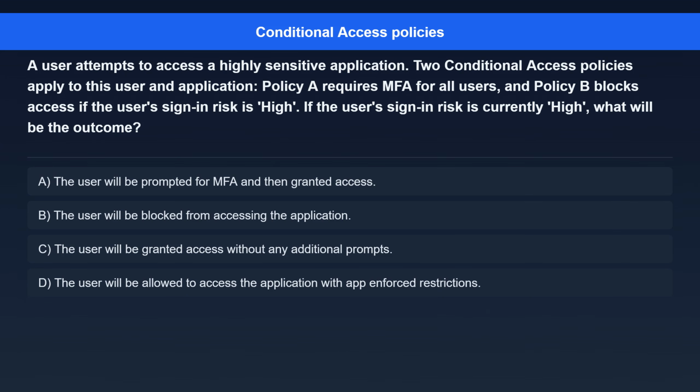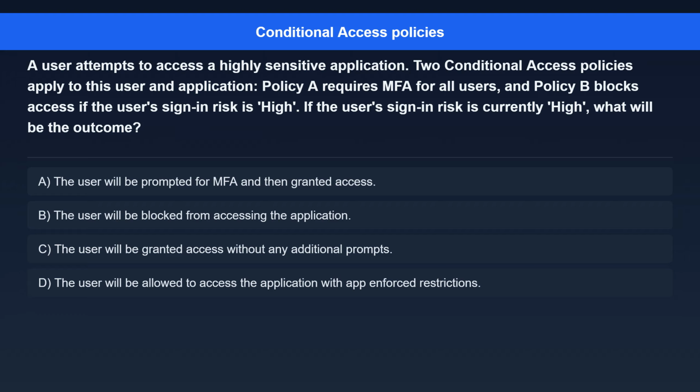Question 5. A user attempts to access a highly sensitive application. Two conditional access policies apply to this user and application. Policy A requires MFA for all users, and Policy B blocks access if the user's sign-in risk is high. If the user's sign-in risk is currently high, what will be the outcome?